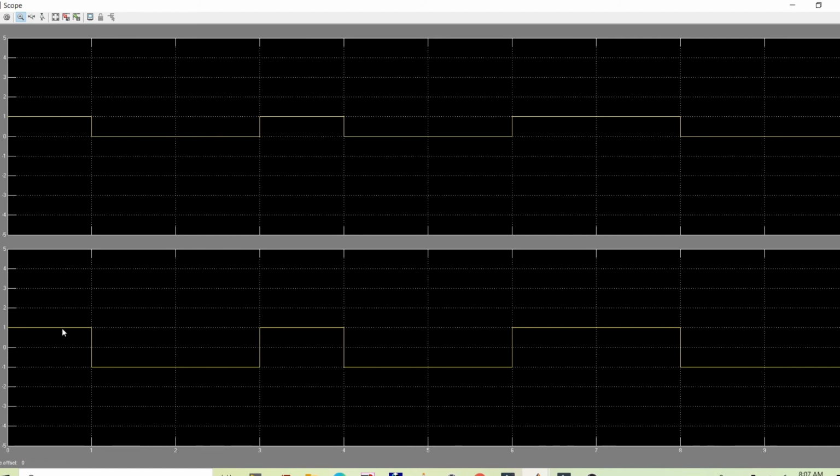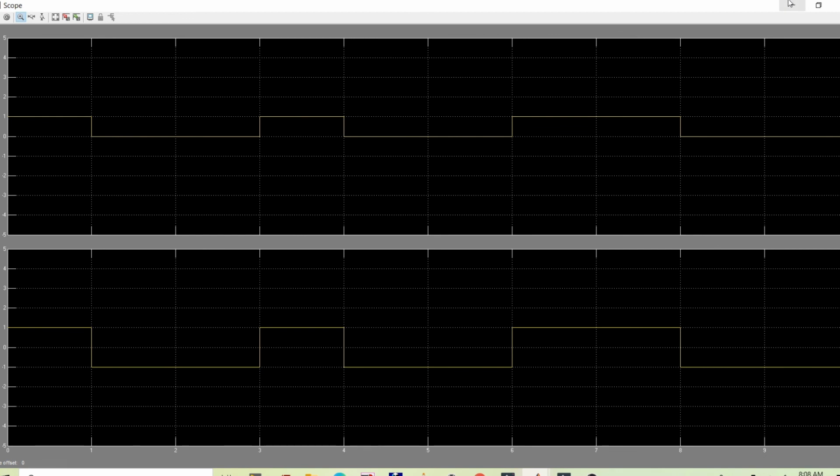Whereas in this one, bit 1 is represented by +1 volt and bit 0 is represented by -1 volt. By this you can see that the applied signal is converted to NRZ polar signaling. So this Bernoulli binary generator is generating NRZ unipolar by default, which we are converting to NRZ polar signaling.